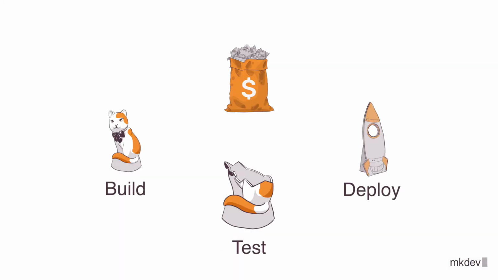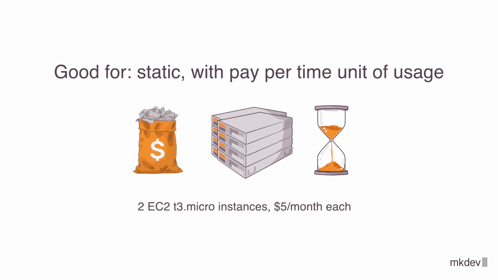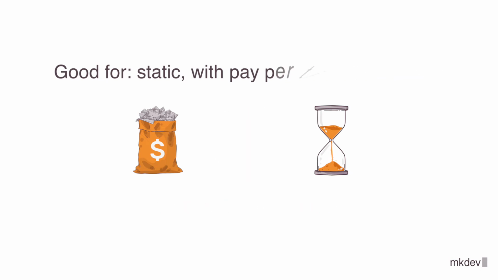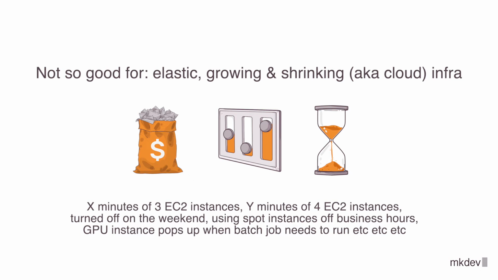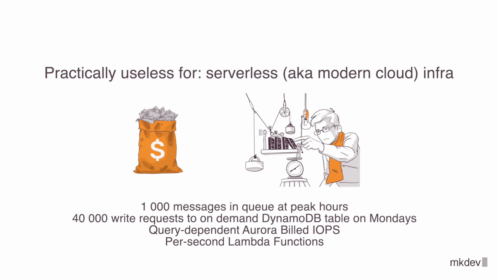Making cloud costs part of your automations is a great way to increase awareness about your cloud spending, but there is a catch. With all of those tools, you will only get information about resources that cost a fixed amount of money per time unit. One of the main benefits of any cloud is the elasticity. Your infrastructure is supposed to grow and shrink depending on the load. With serverless applications, you pay only when your code is running. And with many, if not most, of the modern cloud services, you're not paying based on time, but per usage.